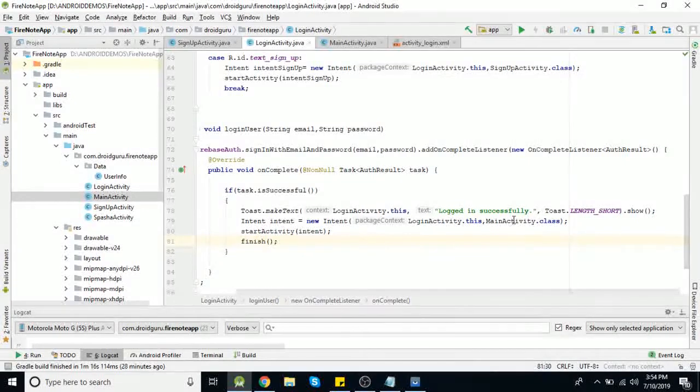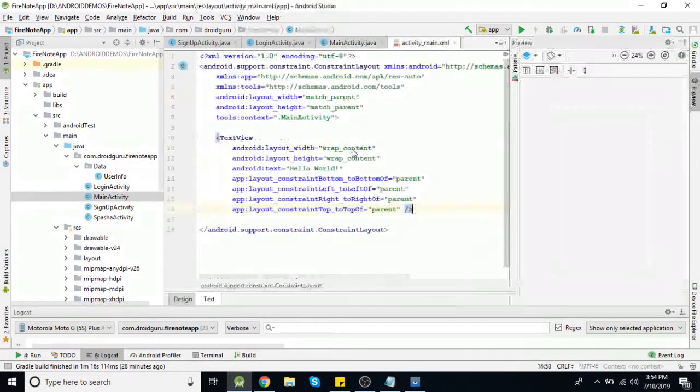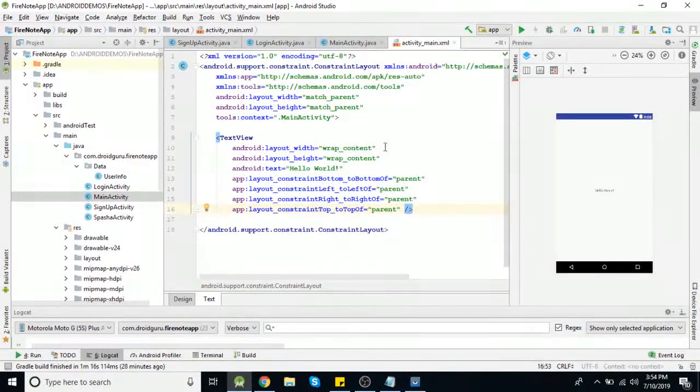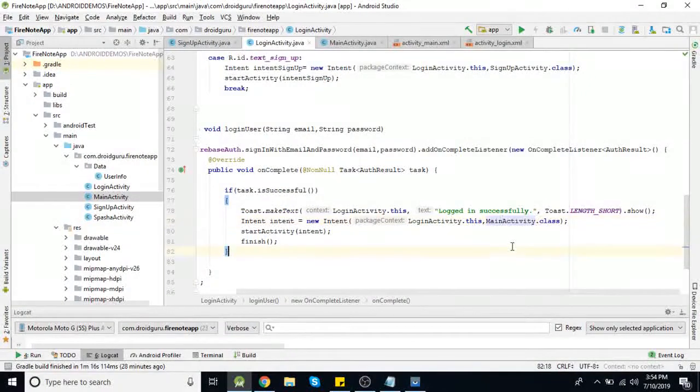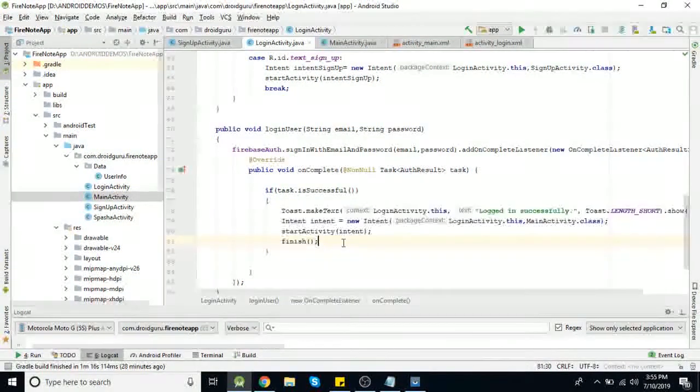Now let's see what our main activity contains. Okay, it has only a text view for now. Now one more thing is, if this task is successful, this code will be executed, but there may be some problems with email ID or password. So we also need to handle that case.